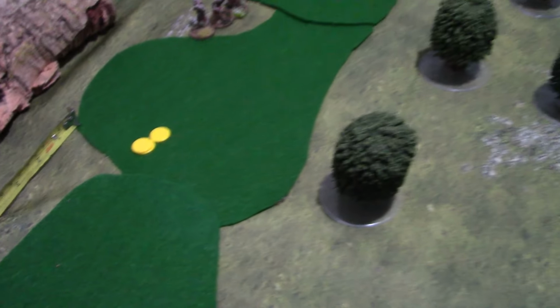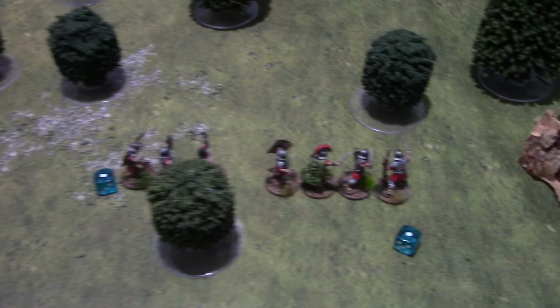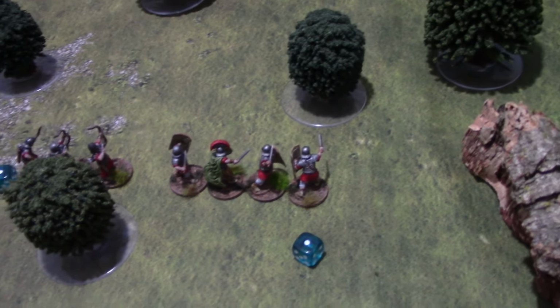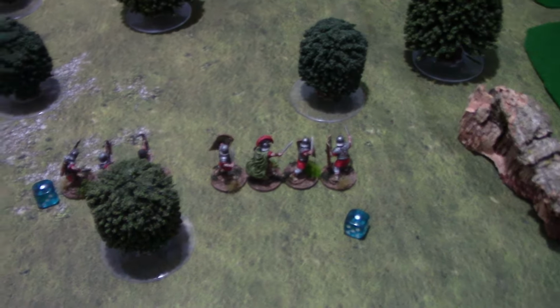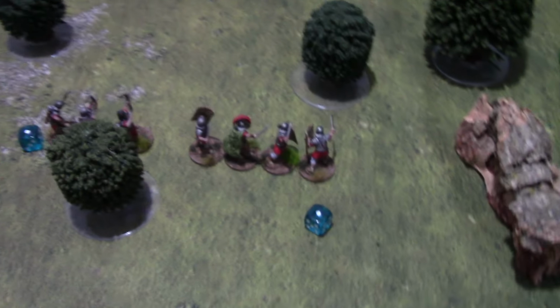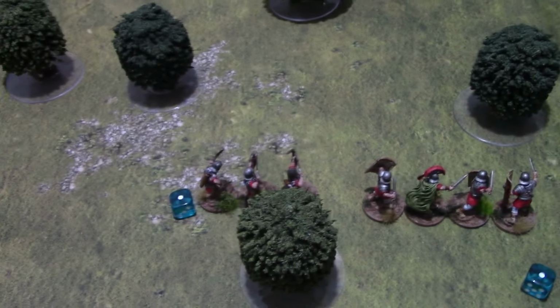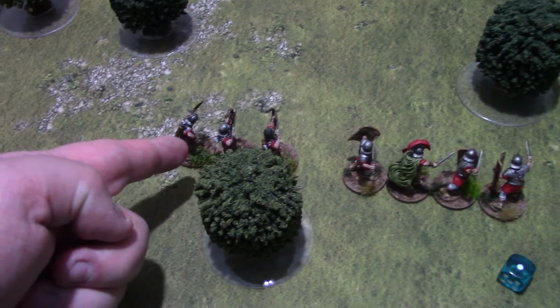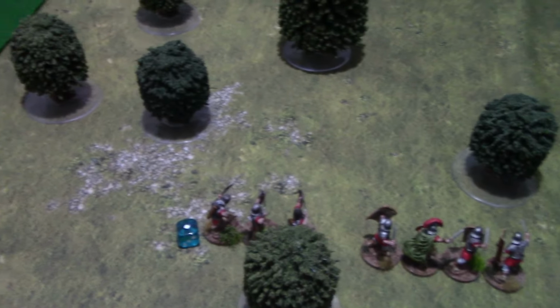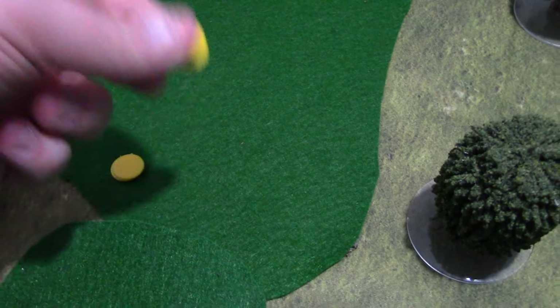tiddlywinks over here in yellow. Those will be used to bring on enemy units as we activate the legionaries, etc. Okay, so we're going to go into the first activation now. What we do is, in the action phase, we pick one of the 2 units. We'll go with the archers, for want of a better thing to say. And what we do is, because there are tokens in the spawn pool, we take one of them, put it